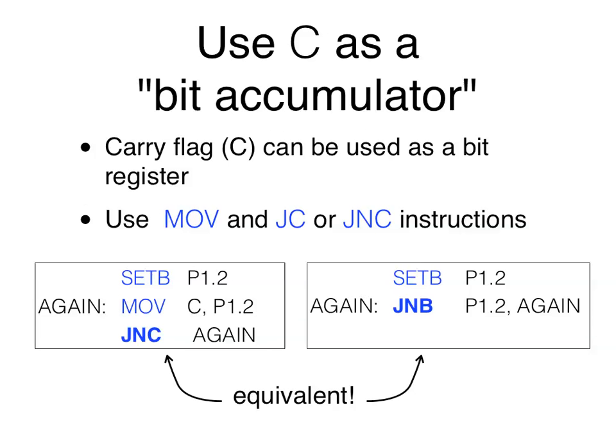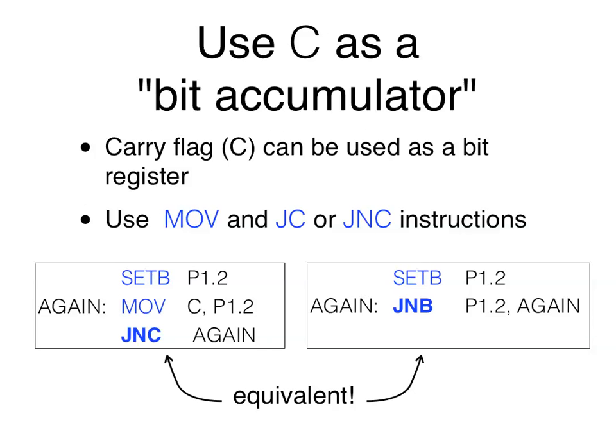So it continues looping as long as it's 0. And then when it's not 0, it falls through. It's equivalent to the other instruction, JNB as opposed to JNC. The C part refers to the carry bit. JNB requires you to name some explicit bit address, and so P1.2